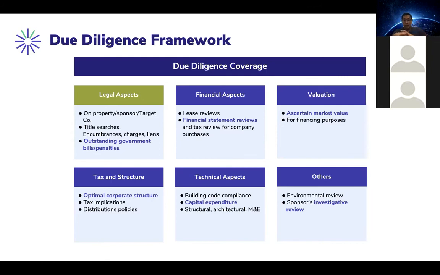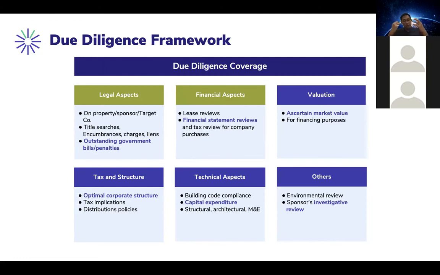Next aspect is the financial aspect, the financial due diligence. The objective is simply to verify the actual income of a property. Say, for example, we're buying an office building with 50 tenants, right? Each tenant has its own lease agreement, some unique to itself. So in our lease reviews, we look out for break clauses, rent discount, option terms, right?